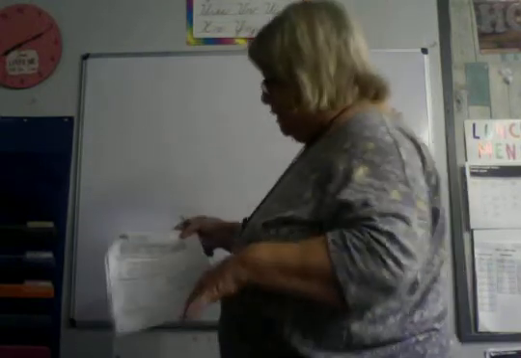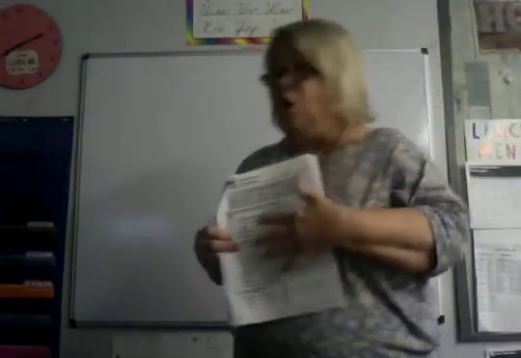Since would be the word you would circle. It's the subordinating conjunction. And it's a dependent clause because it doesn't make sense by itself. And you'll find that when it's the first word in the sentence, it's going to be a dependent clause. Now, subordinating conjunctions can come at different places in the sentence. They can be at the very beginning, or they can be on over into the middle of the sentence,